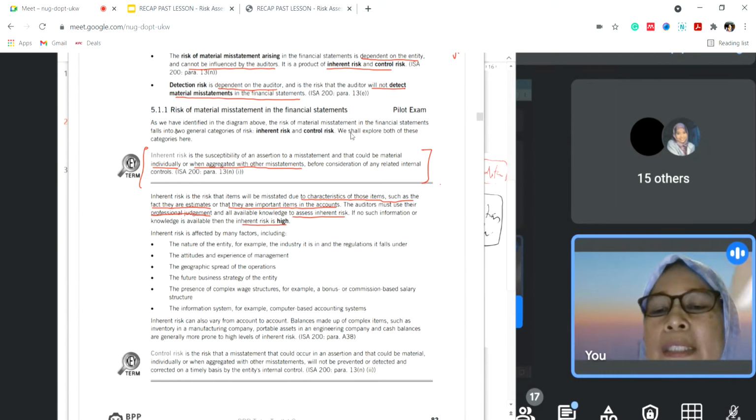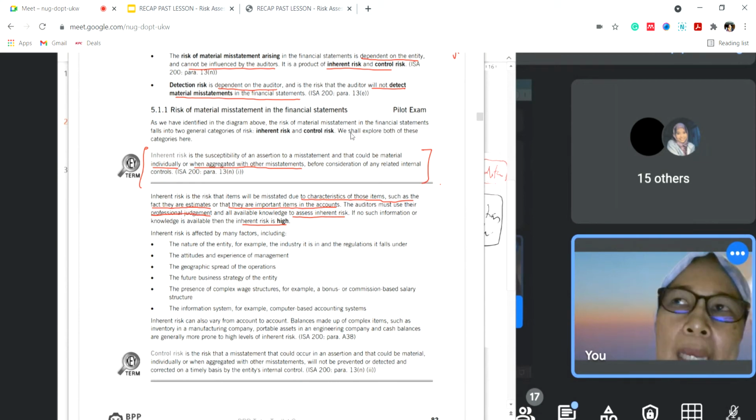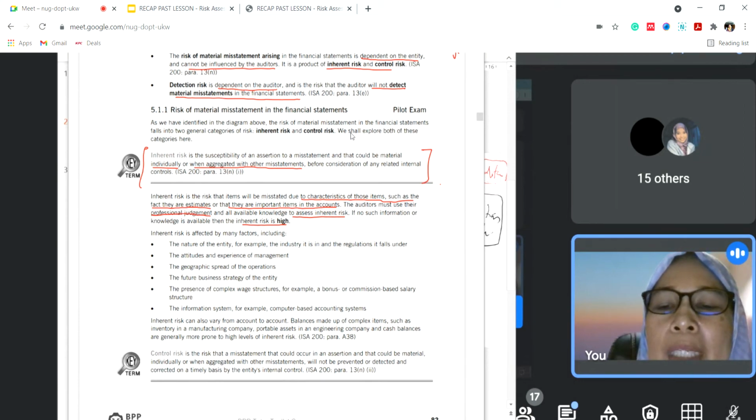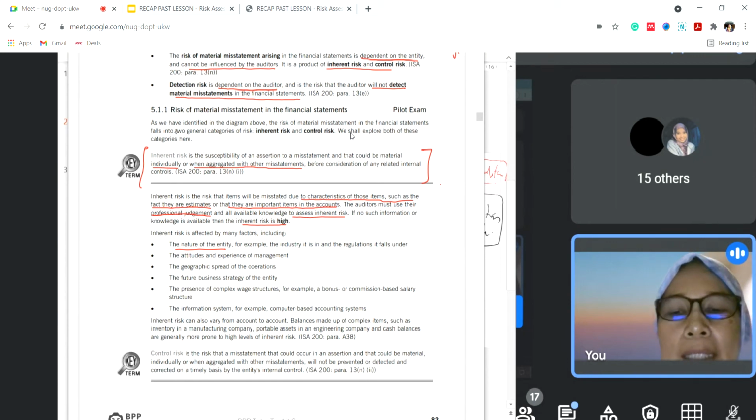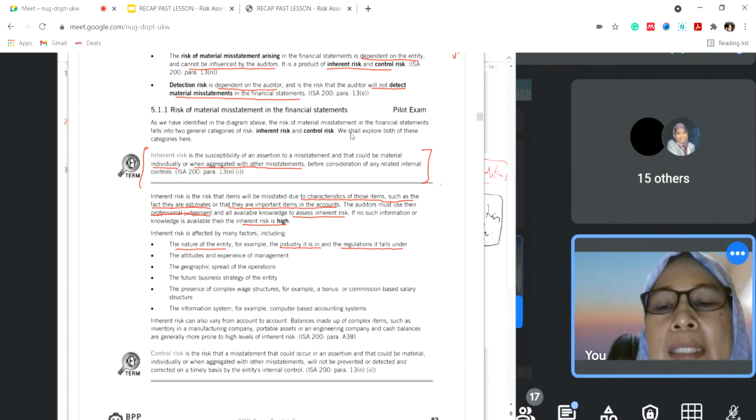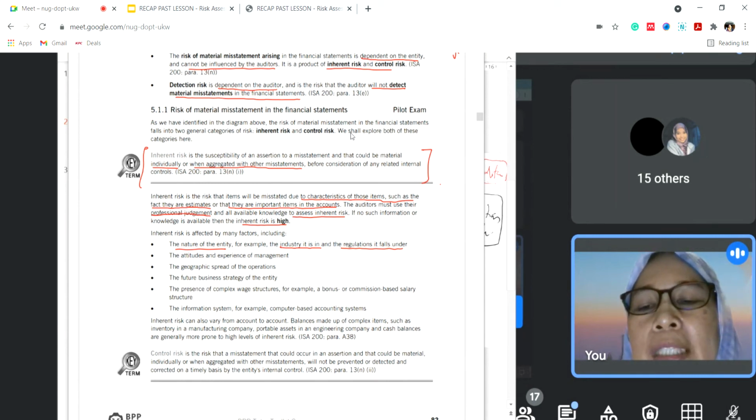What are the inherent risk factors? When you assess the inherent risk of the company, you have to look at many factors that affect the inherent risk. First, look at the nature of the entity, for example the industry it is in and the regulation it falls under. In the case of COVID-19, not all industries will be affected. So when you